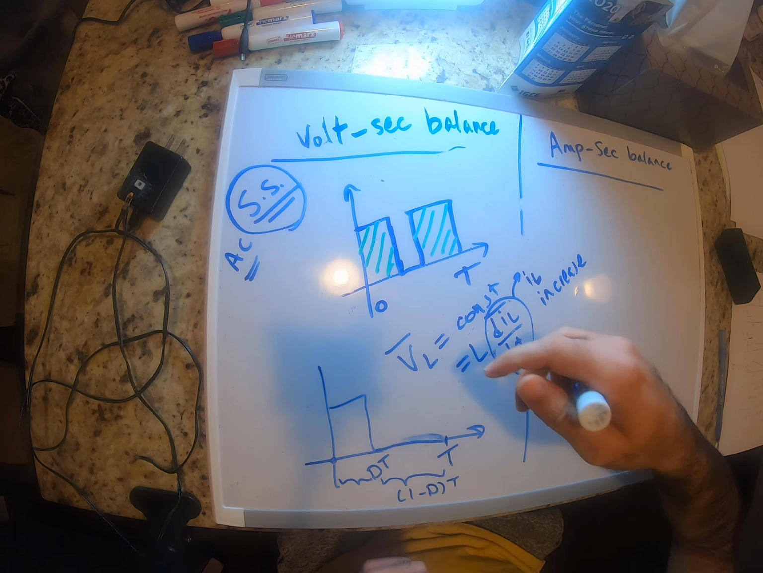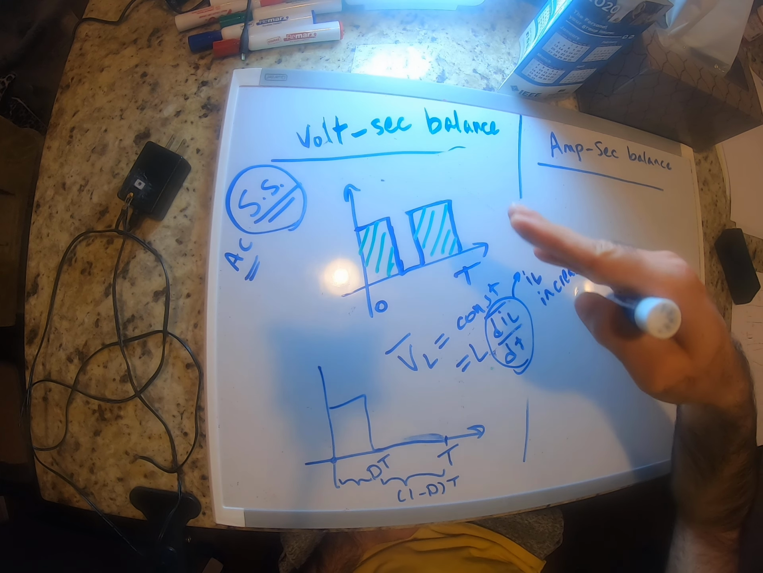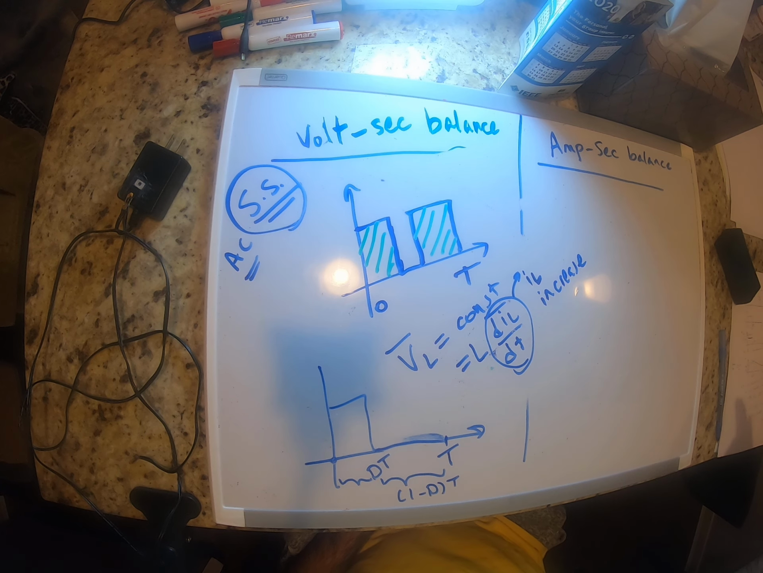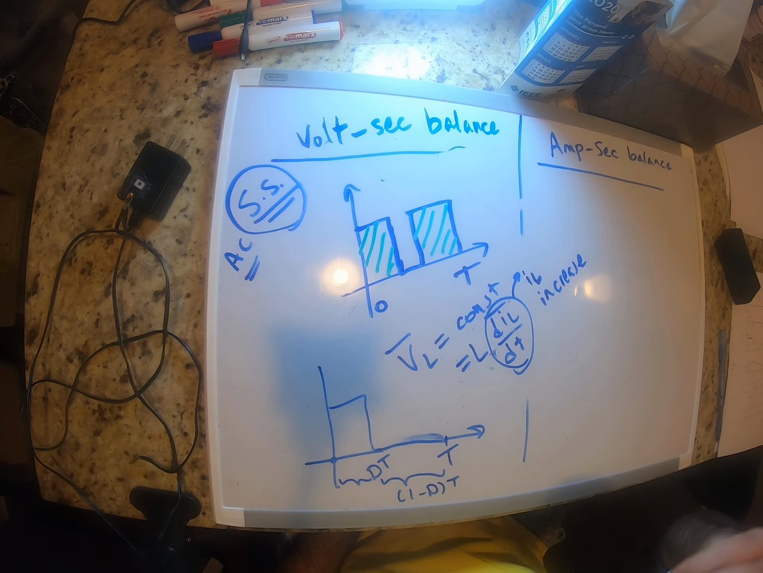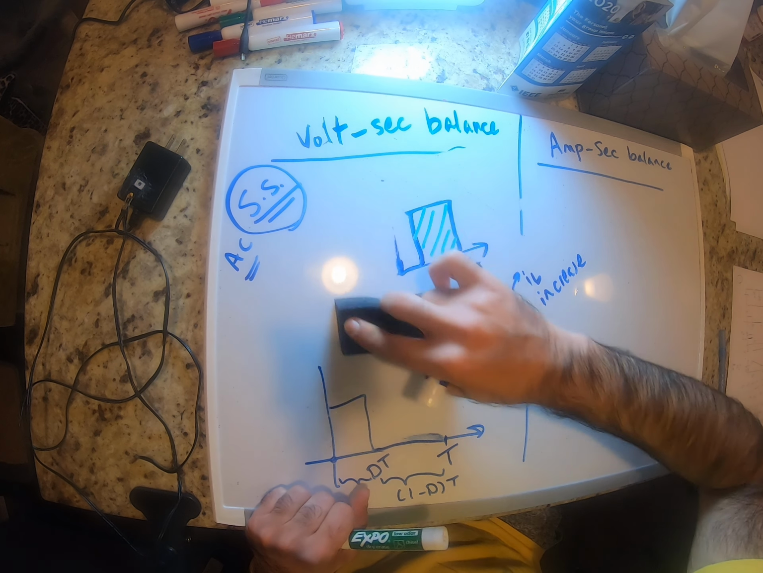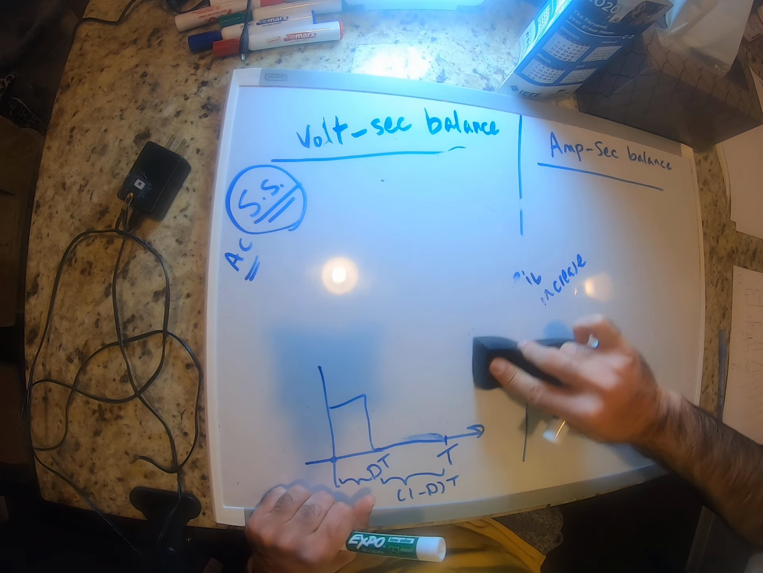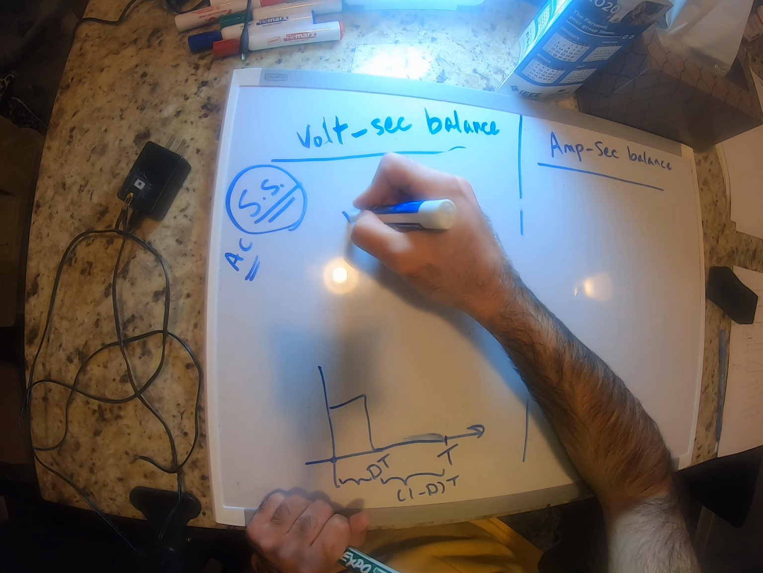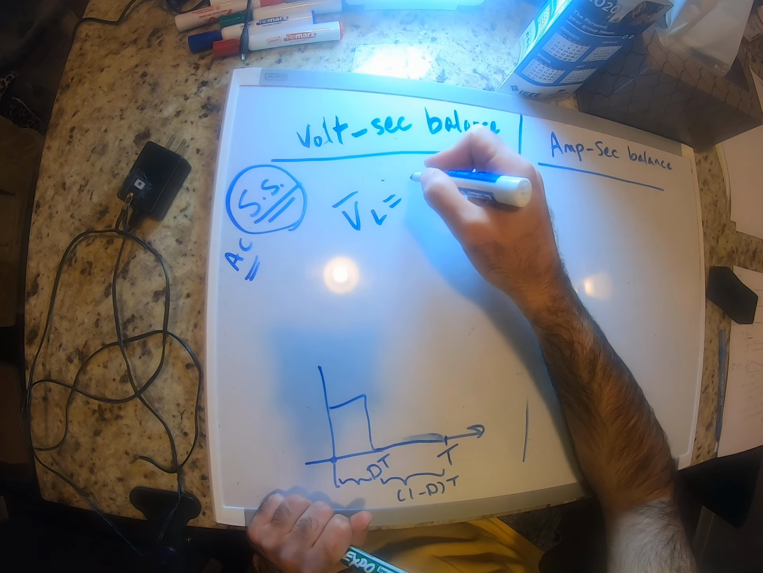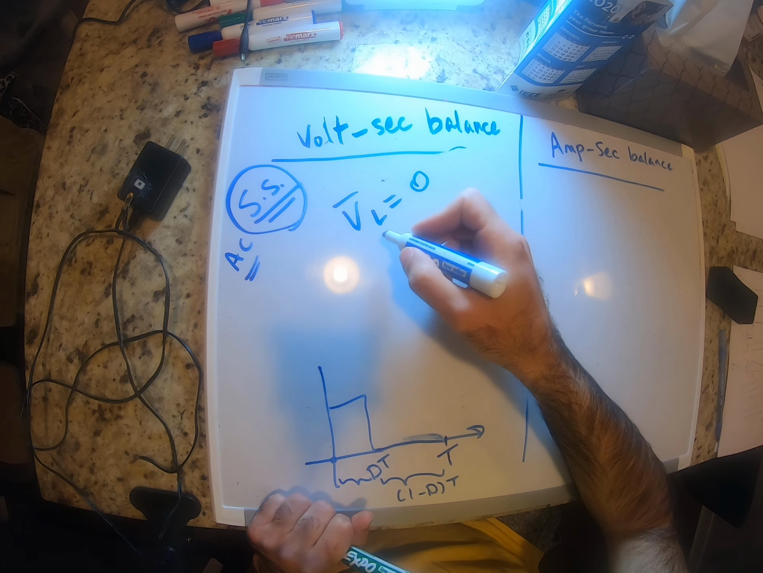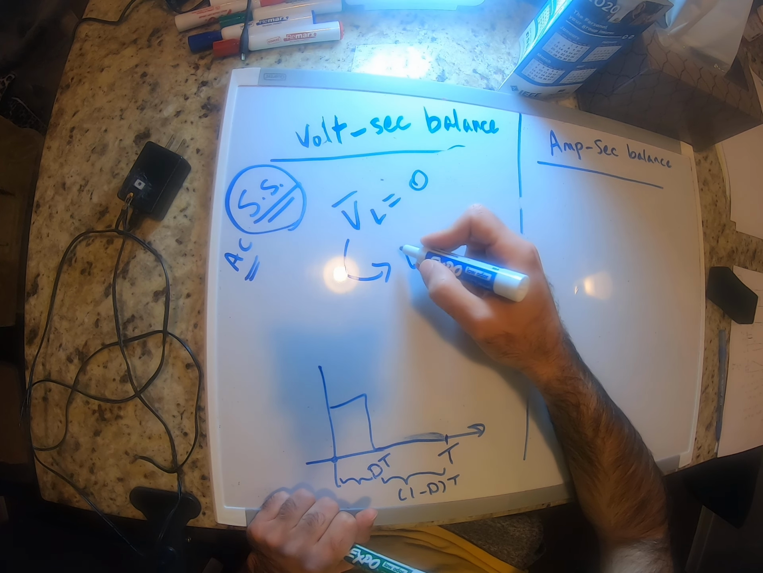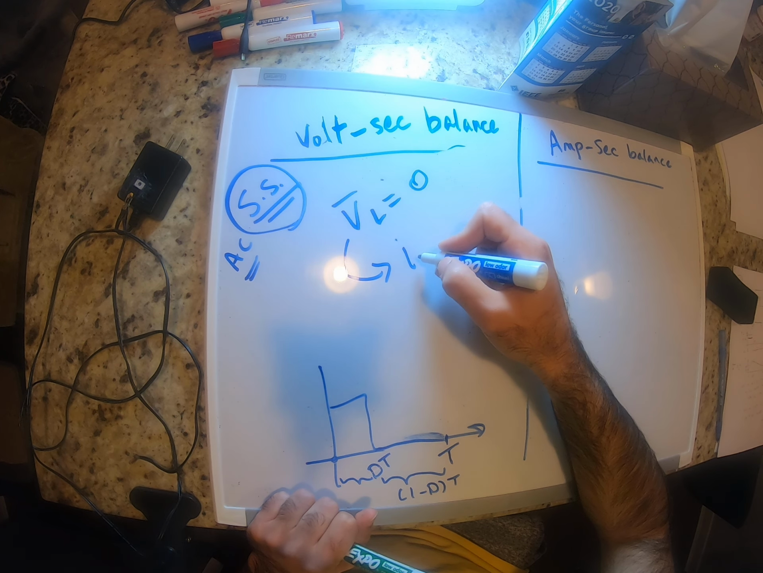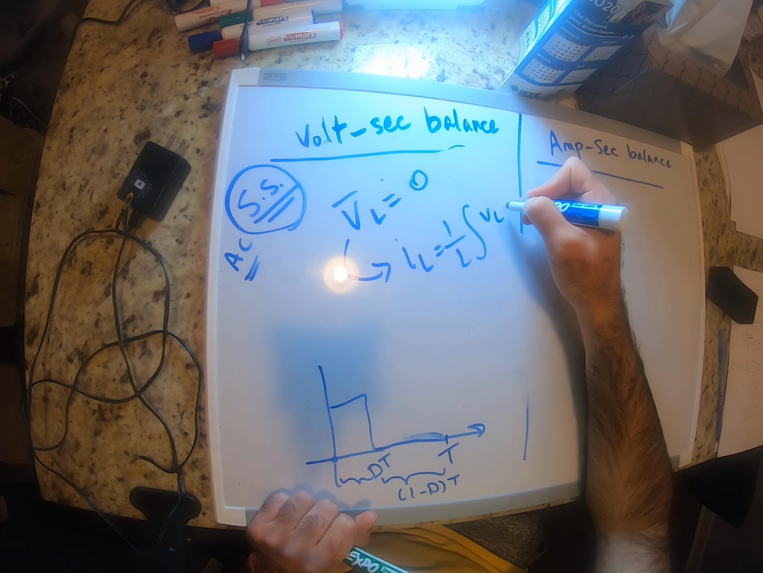The same way, if this was negative, it means that IL is going to decrease all the time. So then it cannot be in the steady state. So if we are in a steady state, the average voltage has to be equal to 0. And based on this, because IL is equal to integral of (1/L) VL dt,